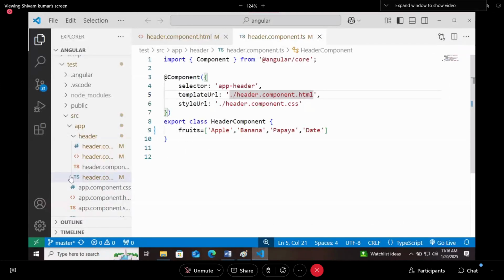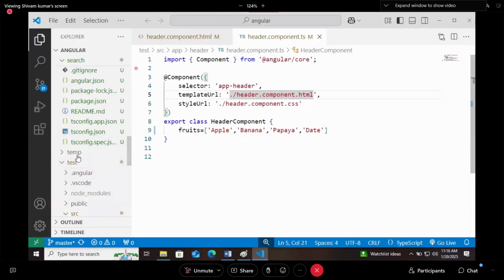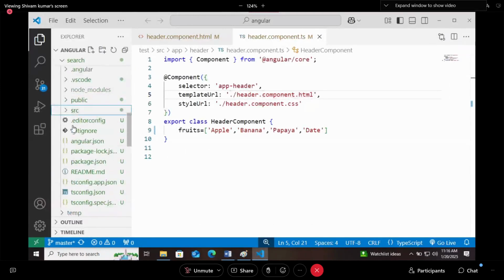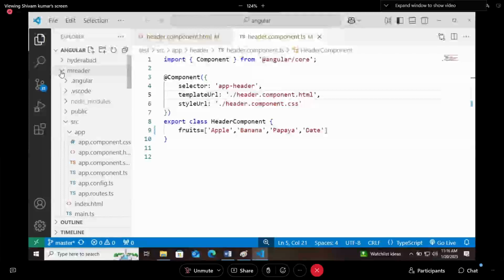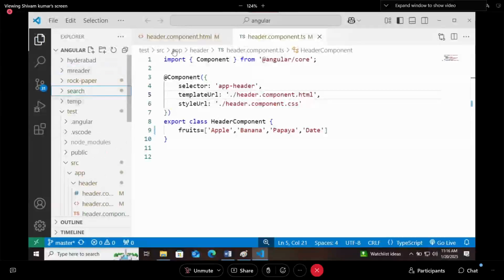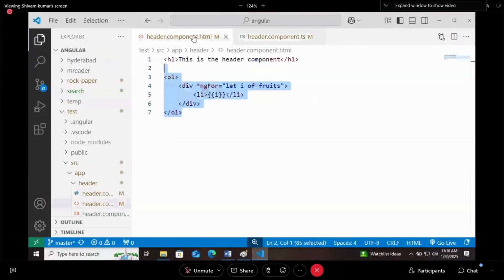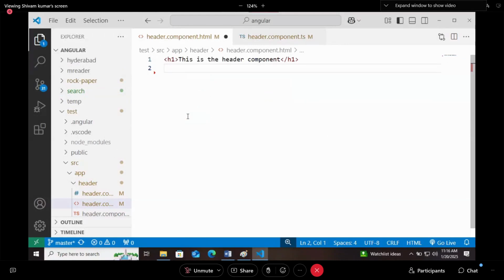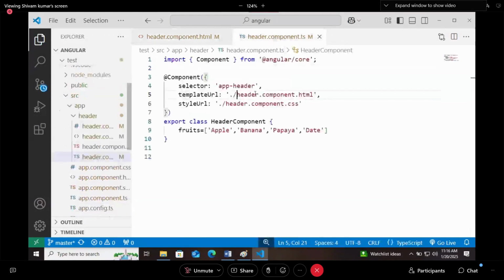So this is a test project. I will talk about this one only. In this test project, we have this component. Now in this HTML, you forget all these things. This also I'll remove.